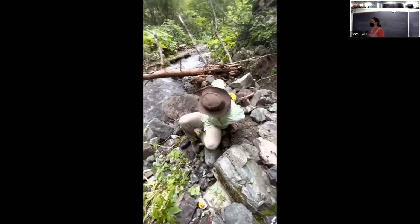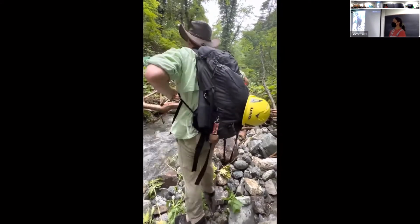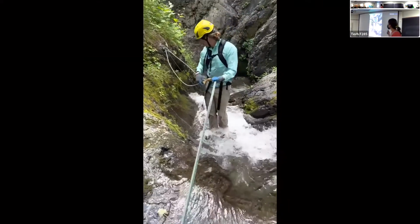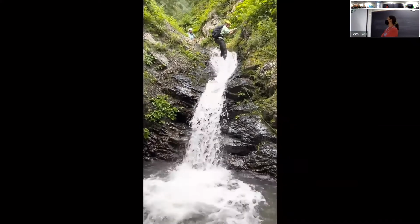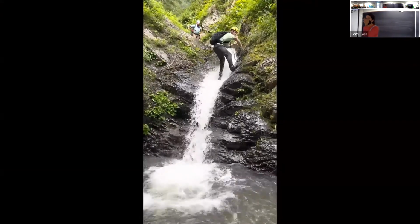And after we collected these samples, we had to bring them back down for 3 hours. So here's Luca trying to put a pack on his back, and some of these hikes down didn't go so smoothly. But he recovered. Graciously recovered. And then we're gonna switch up the angle here. Luca makes it down. He was the fastest and did it in a safe fashion. Yeah. So in total, we got about 400 samples